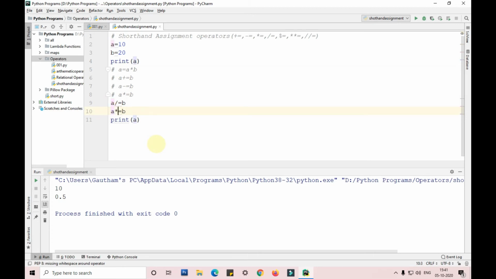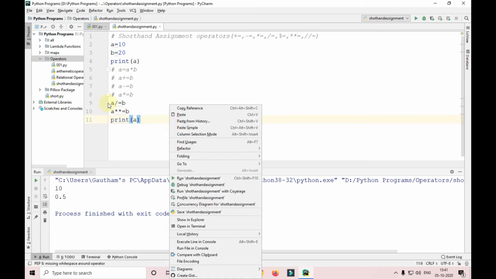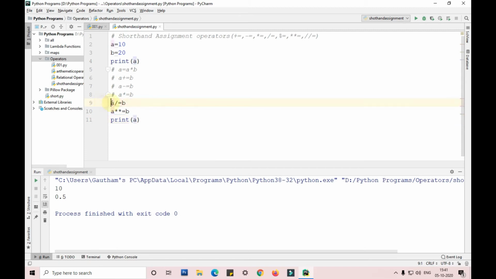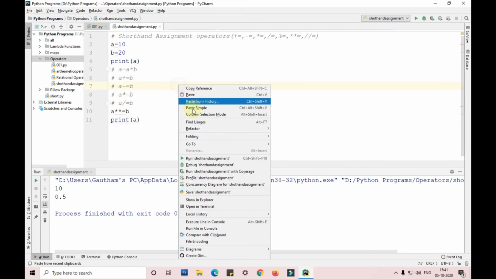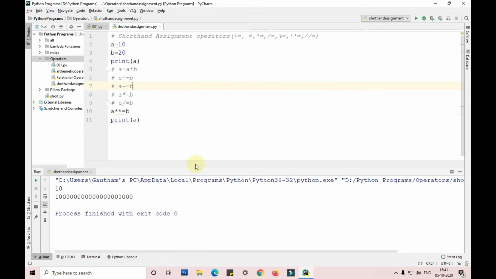Similarly, we have exponent. So now let's calculate the exponent, guys. As you can see, a exponent of b, that is 10 to the power of 20, we'll get this output, guys.